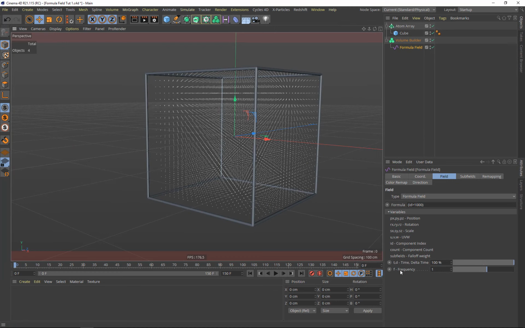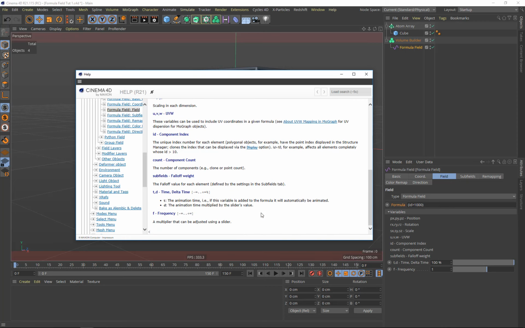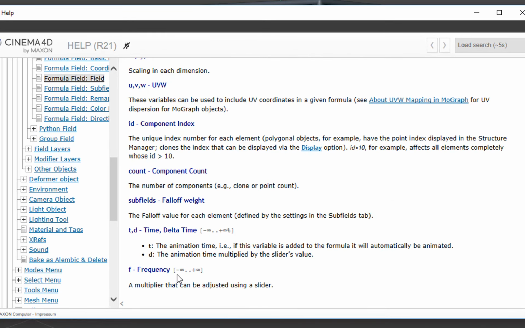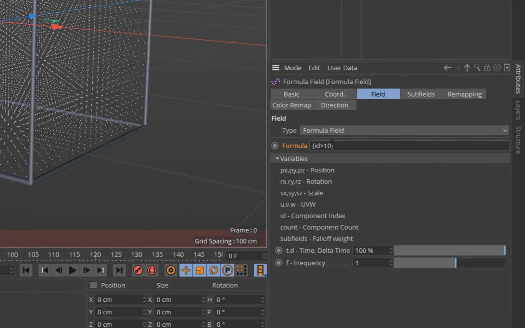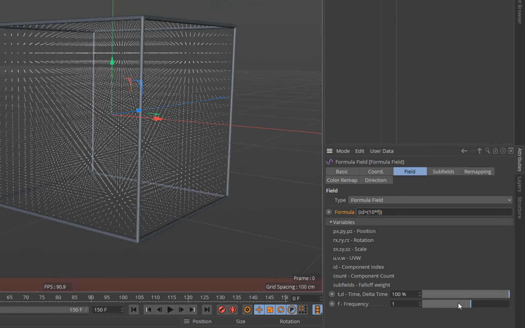So I'm going to take a quick look at the help here. I'll right-click on formula and show help, and I want to see what frequency is. Frequency is a number from minus infinity to plus infinity, and it's a multiplier that can be adjusted using a slider. So it's only a multiplier. So let's make this interesting here. Let's just make this 10, and I'll make this 10 times f, which is that frequency down here. So if I change the slider,